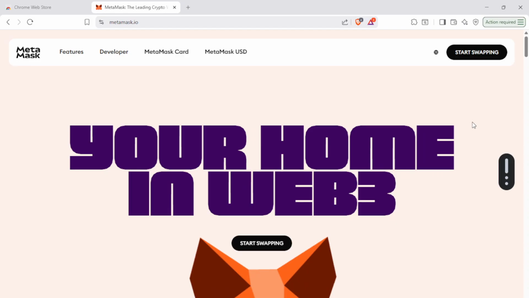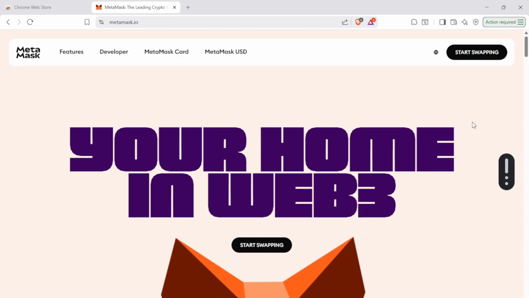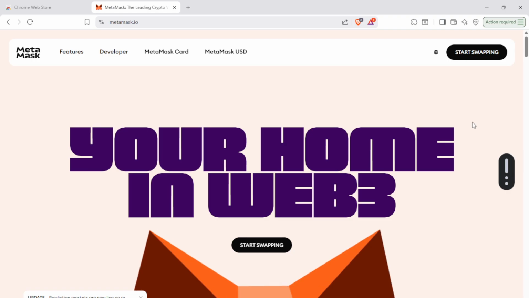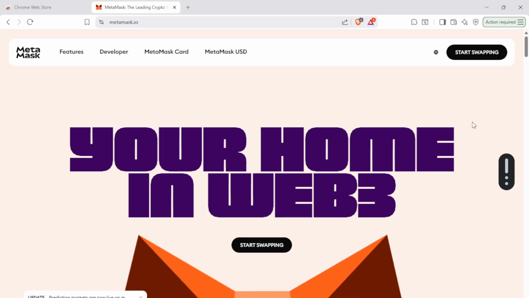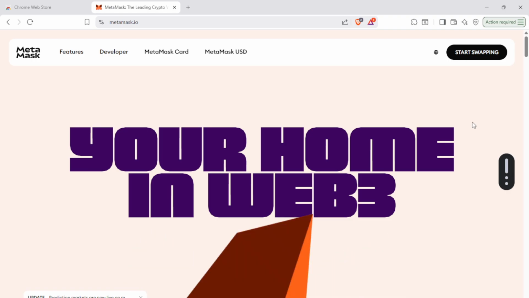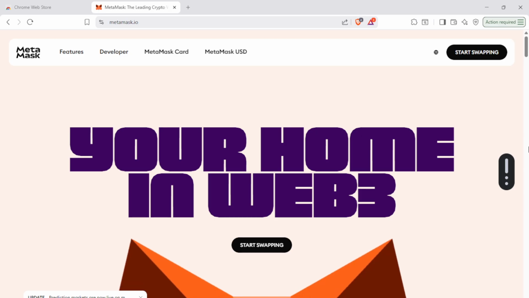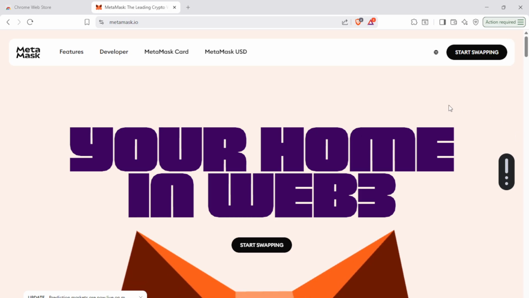Now comes the crucial security step. Watch the brief safety video presented by MetaMask, then choose to reveal your 12-word secret recovery phrase. Write these words down in the exact order and store them securely offline. Do not share them with anyone and avoid saving them in screenshots, notes apps, or cloud storage. This phrase is the only way to recover your wallet and funds if you lose your device or forget your